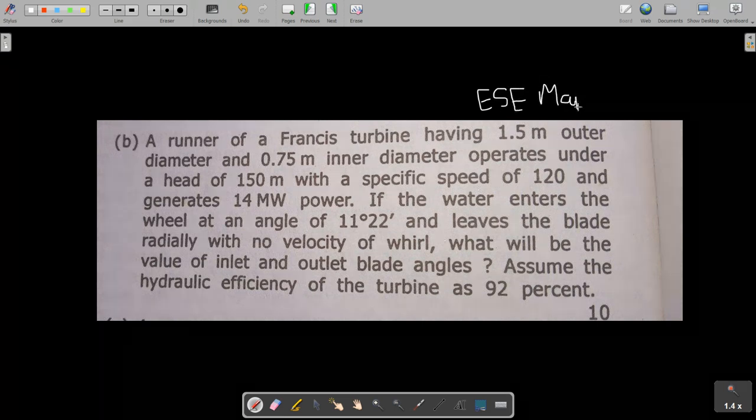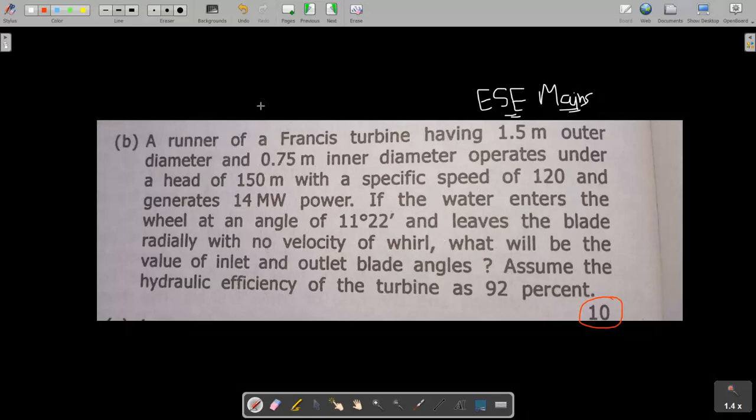Okay, this question looks like a marks-based one. It is very small, but it requires all your fundamentals of geometry as well as your Francis turbine equations. So here I am reading out the data, and then I will tell you the notations, and then we will start. Okay, so first, a runner of a Francis turbine having 1.5 meter outer diameter, and